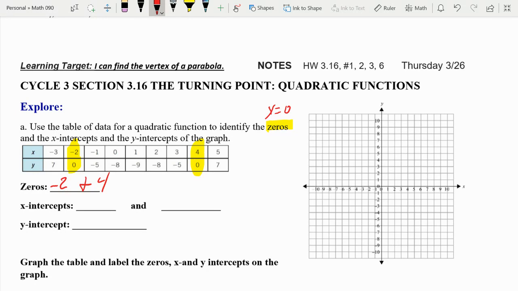Now, when they tell you to write the x-intercepts, well, when y is equal to 0, that is an x-intercept. So for the x-intercepts, now you're just writing them as ordered pairs. So you're going to say (-2, 0) and then (4, 0). That's all you're doing. And let me erase some of this mess here. Now they want us to talk about